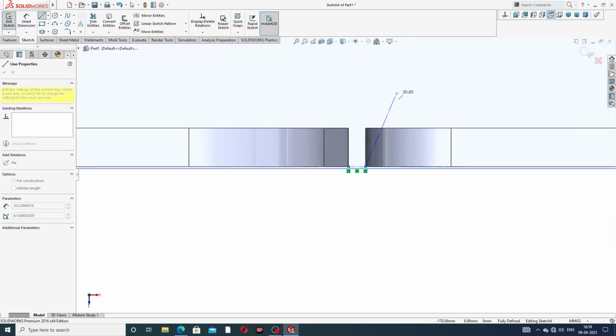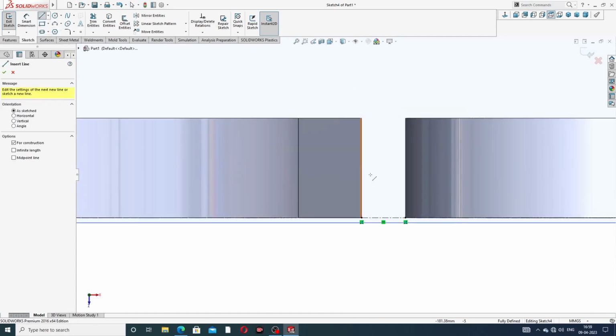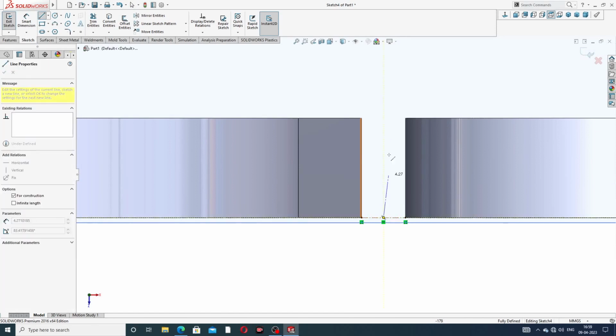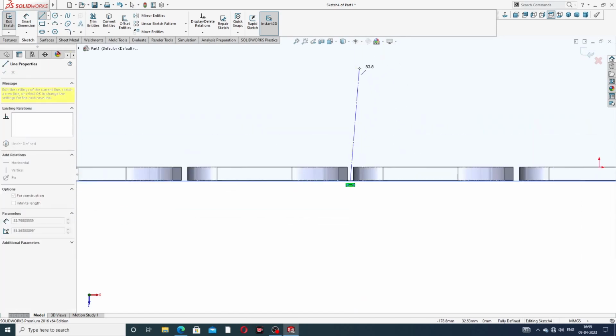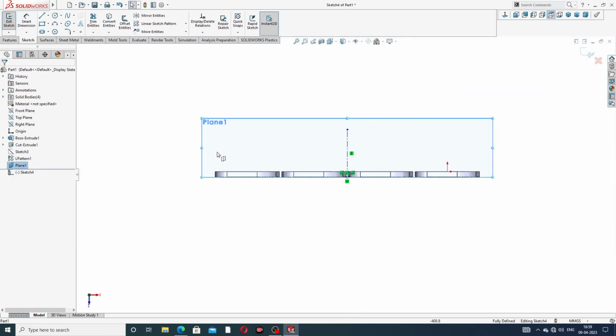Okay, and again select a center line, and select a midpoint, and use this to this. Okay, and this plane is hide,